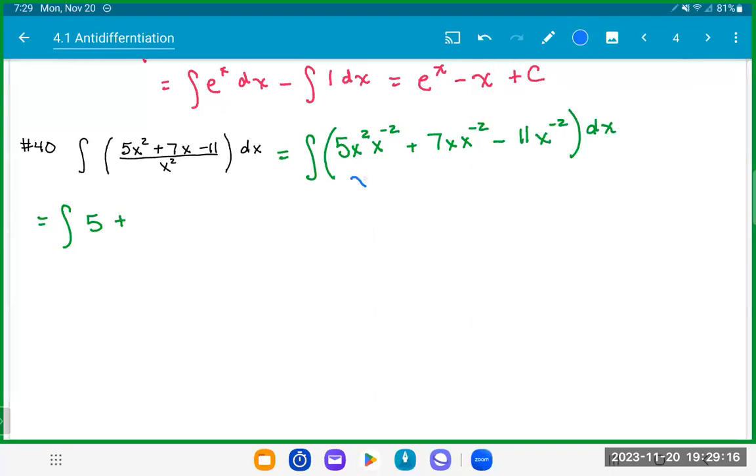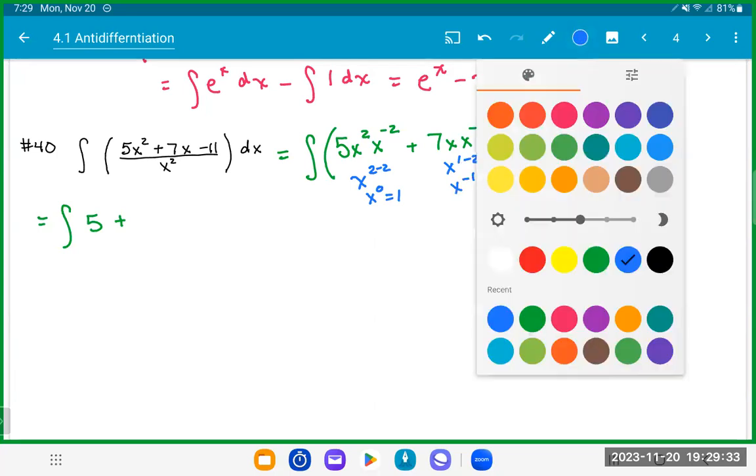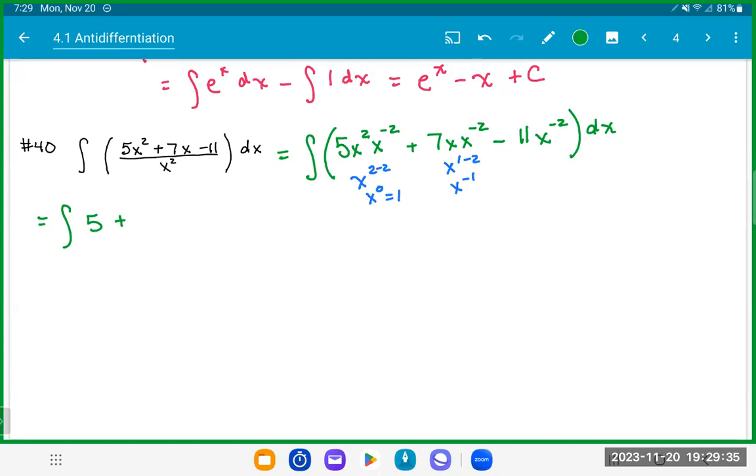So this one is x to the 2 minus 2, that's x to the 0, which equals 1. This one is x to the 1 minus 2, which is x to the negative 1. So plus 7x to the negative 1 minus 11x to the negative 2